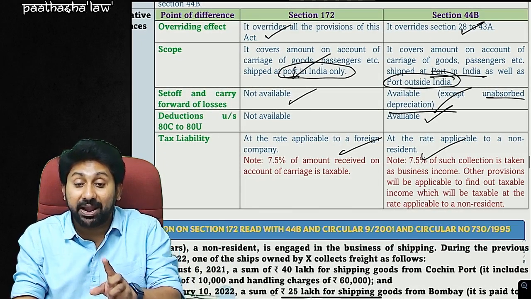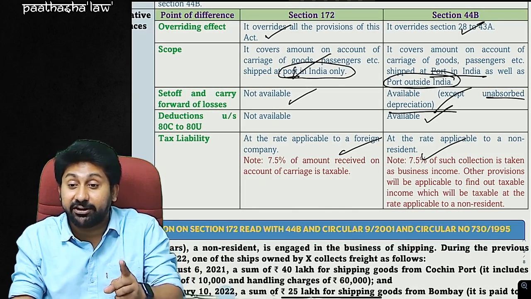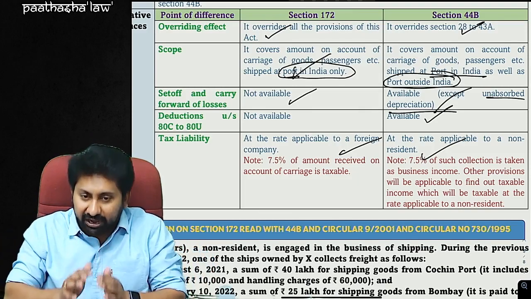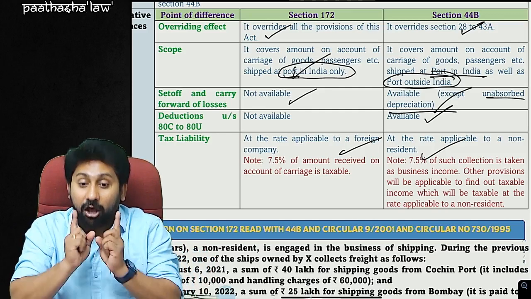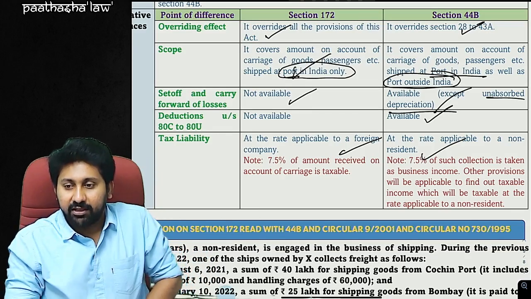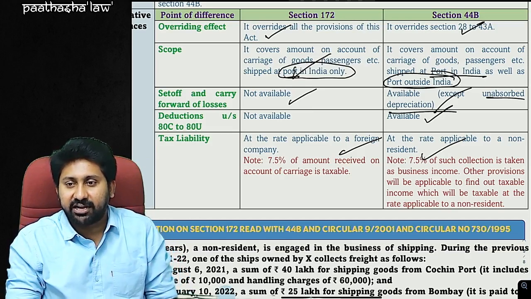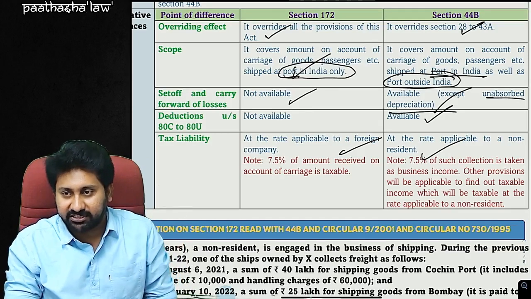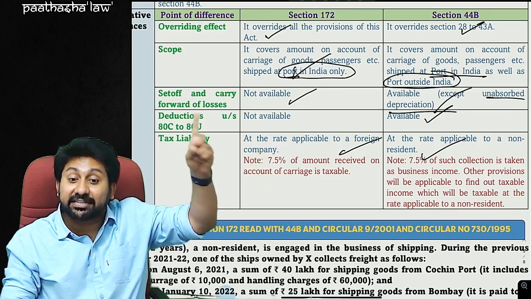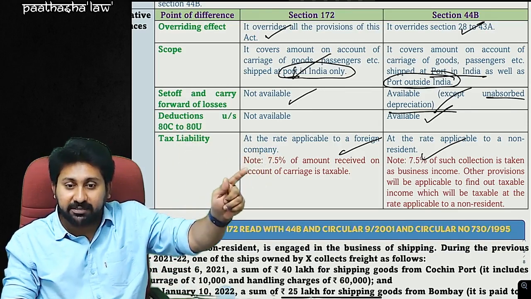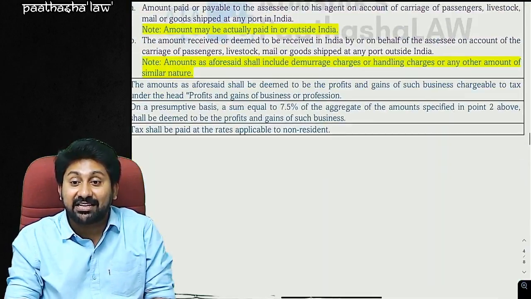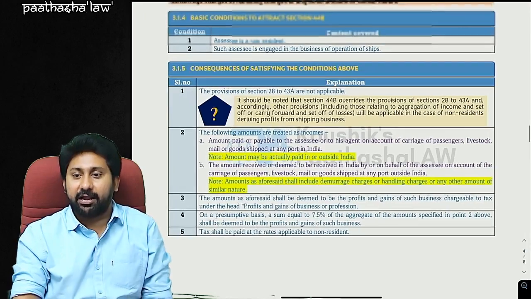If you would have paid excess because of 172, the balance excess tax you paid will be refunded back to you along with interest under section 244. Simply to tell, whatever tax you have paid already under section 172 at 40% rate on 7.5% of the freight income will be treated as advance tax you paid.